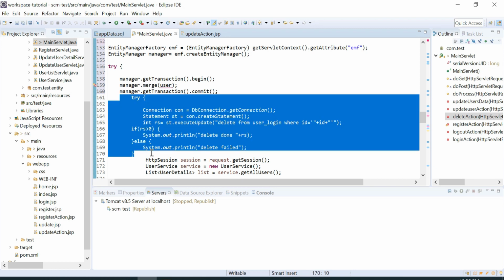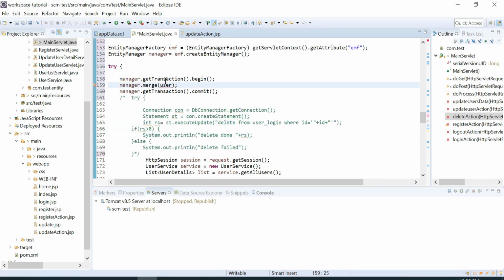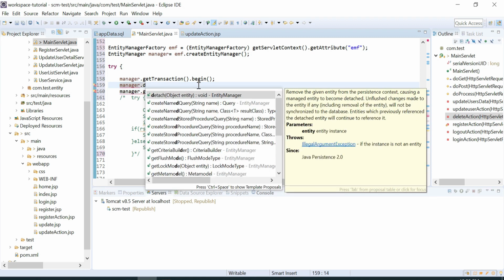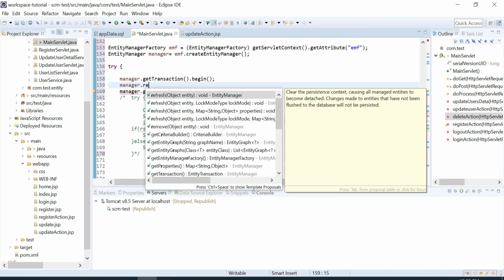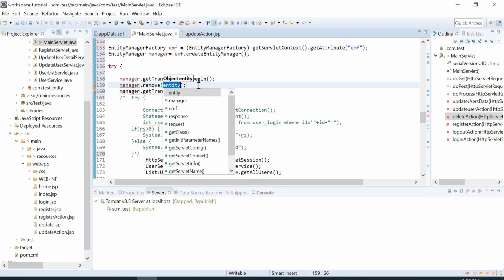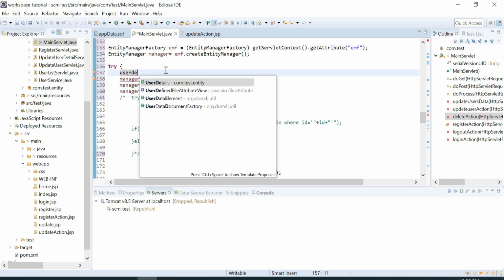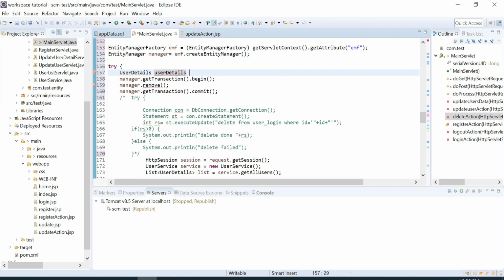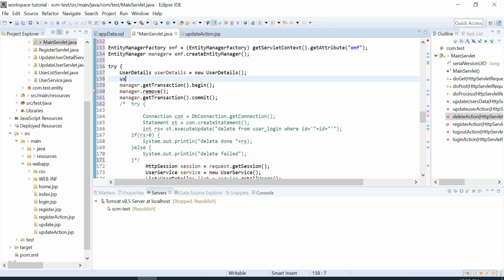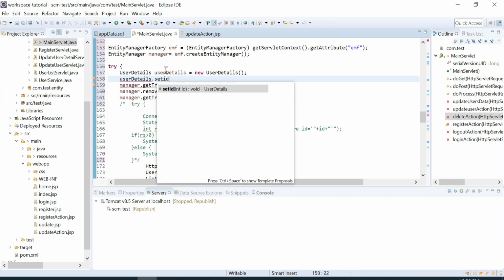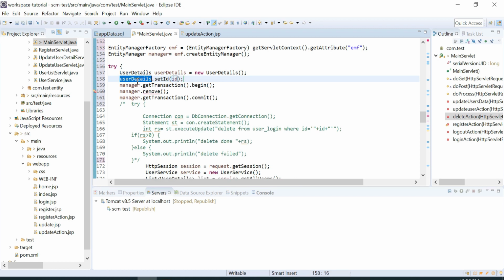This code we will remove, and we will say here, we are passing the ID, so we will just set the ID here.